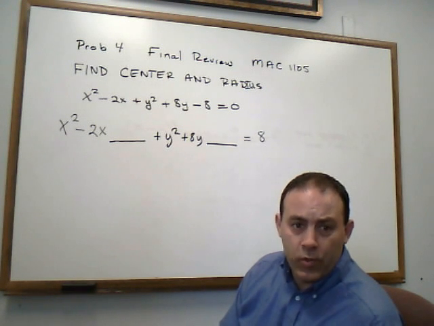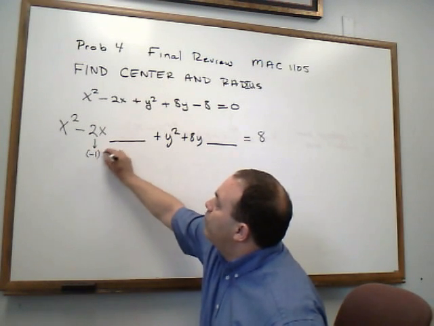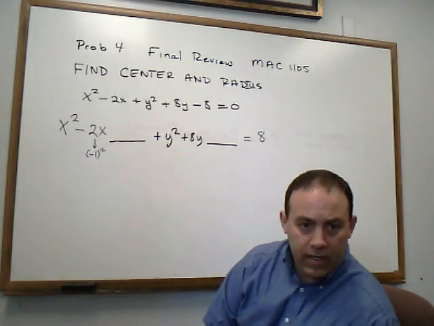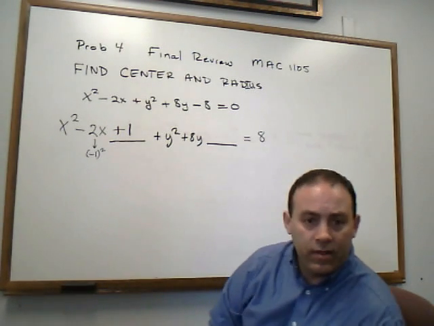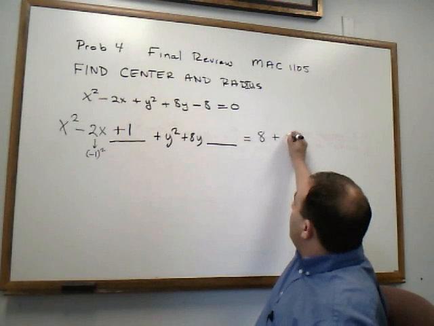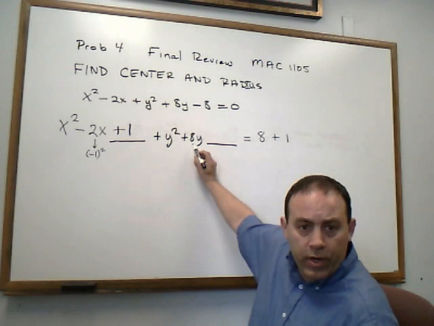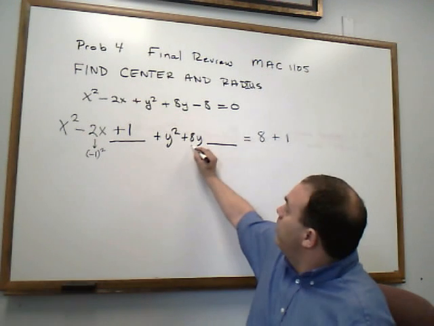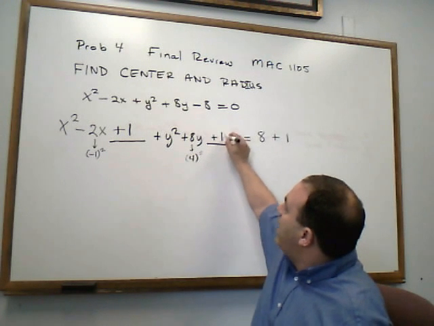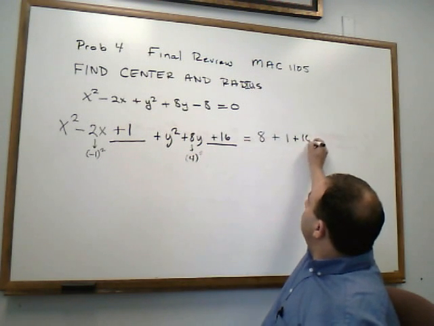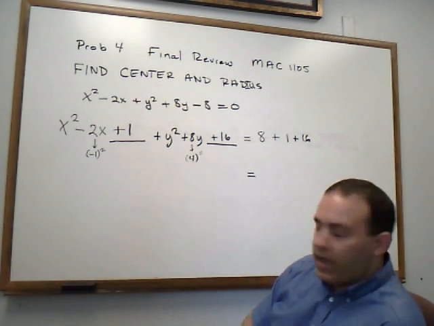Now we build a perfect square trinomial. We take half of the middle term, which gives us a -1, and square it. And when we get -1 squared, or +1, we have to add it, not just over here on the left side, but over here on the right side as well. Similarly in y, to build a perfect square trinomial and complete the square, we take half of the middle term and square it, and then add it to both sides. So on the right side now, we have 16 plus 1 plus 8,